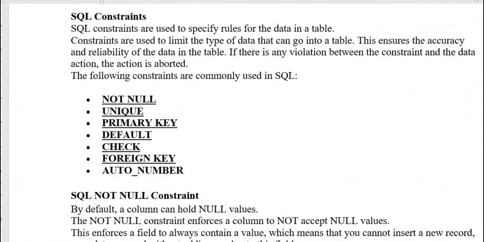So students, in this video you are going to learn some SQL constraints. First of all, you should know what constraints are. Constraints are used to specify rules for the data in a table. If you want to input data in a table according to some rules, for this you have to use